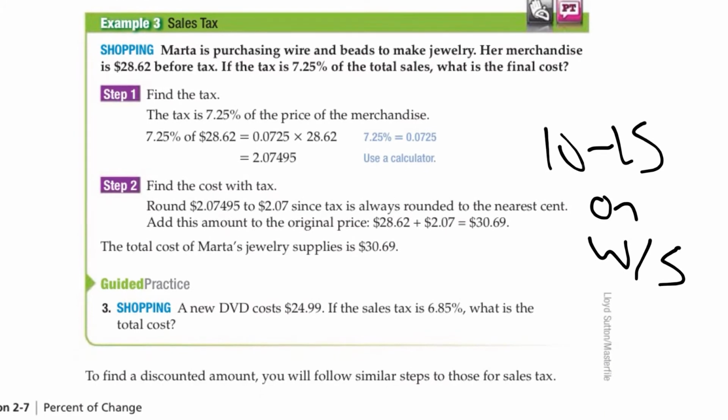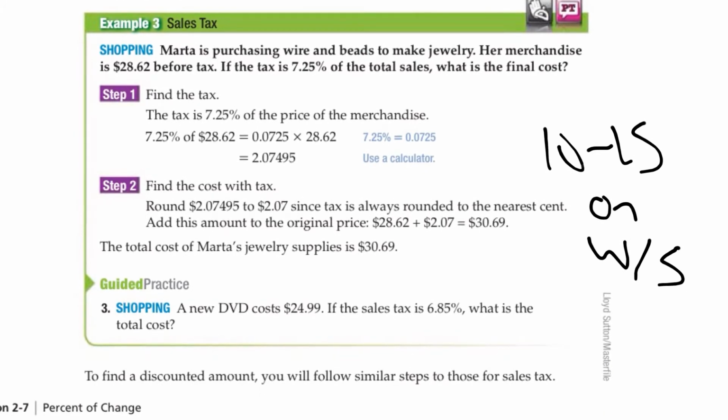So look how it says. It says Marta is purchasing wire and beads to make jewelry. That happens all the time. Her merchandise is $28.62 before tax. If the tax is 7.25% of the total sales, what is the final cost? All right. So I need to find out how much am I actually going to pay. So here's what happens. I have